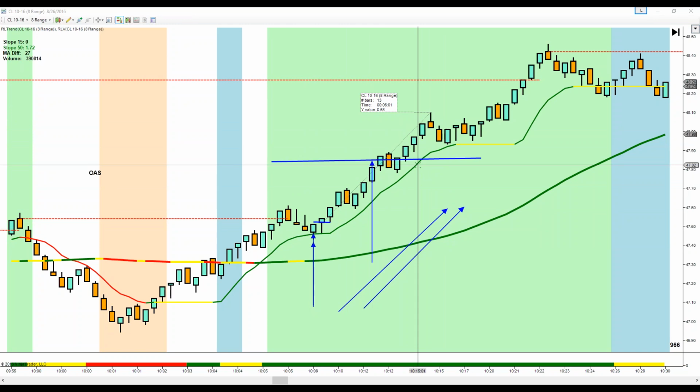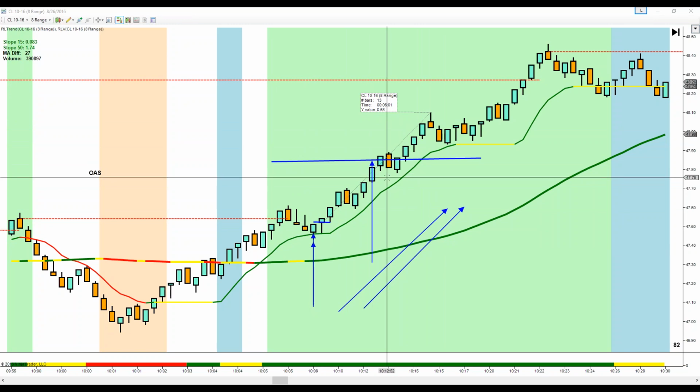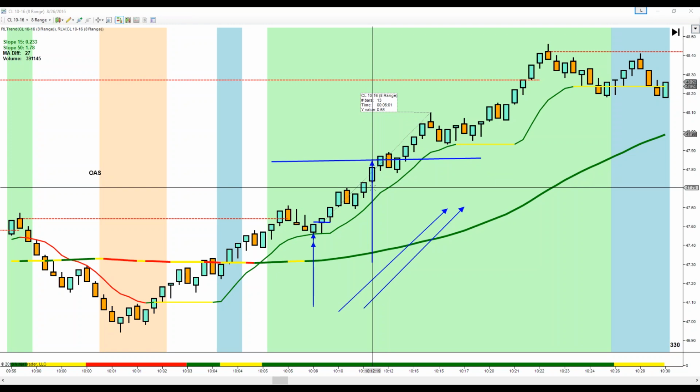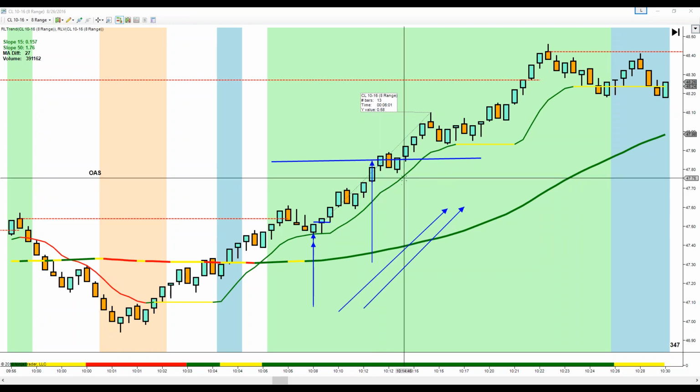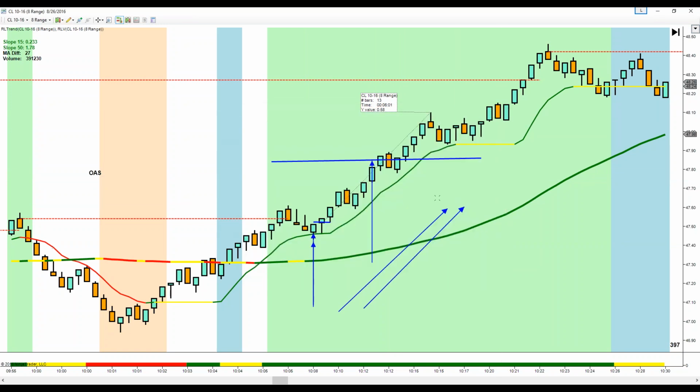Stocks, Forex, and futures. You've been told the 8-period moving average may be better, but has it been proved to you mathematically that it's better? That's where you have to step aside and say, what has been told to you and what has been proven? If we found that the 8-period was better, we would change it. I mean, it's very simple. We want to create winning trades, and we're not wed to anything. But these were what we determined after a huge amount of forward testing over a 2-year period.